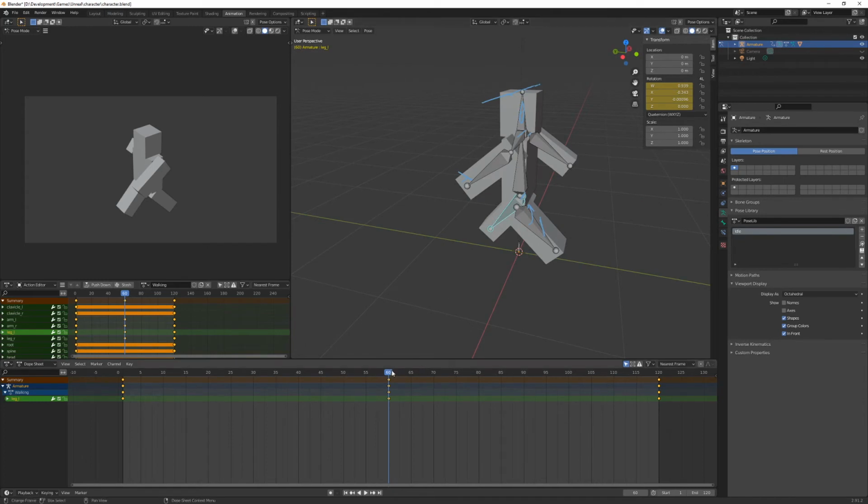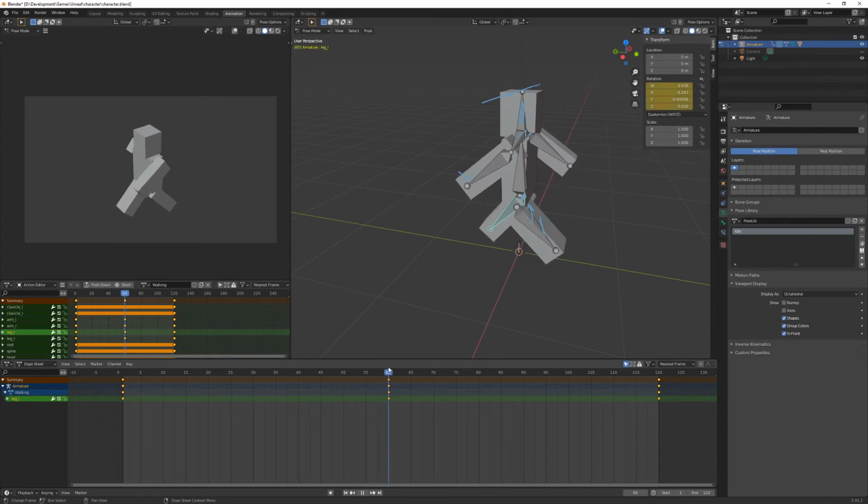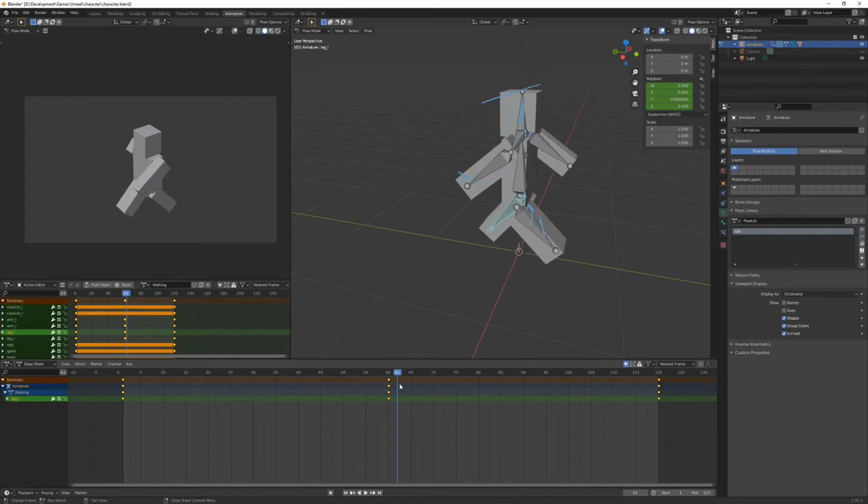All right, so now as I scrub through this playhead, you can see it goes from idle to the walking and then back again. However, he's not swinging his right leg back. So what we're going to do is deselect all these keyframes because they're all currently selected. That's why they're orange. Hit Alt-A, that'll deselect those, and then hit B to box select, or you can shift